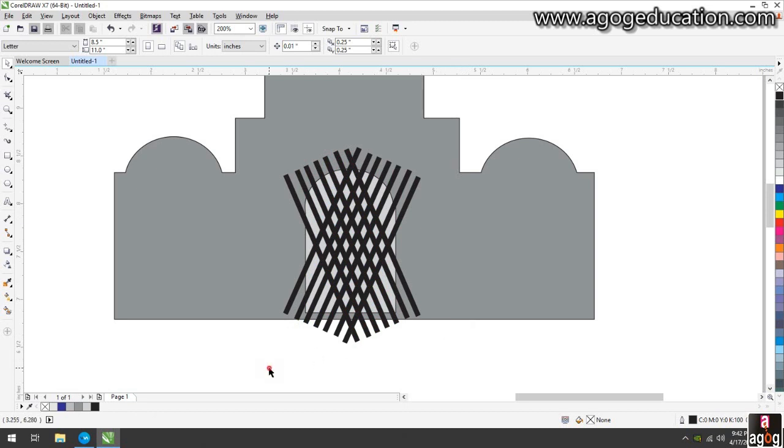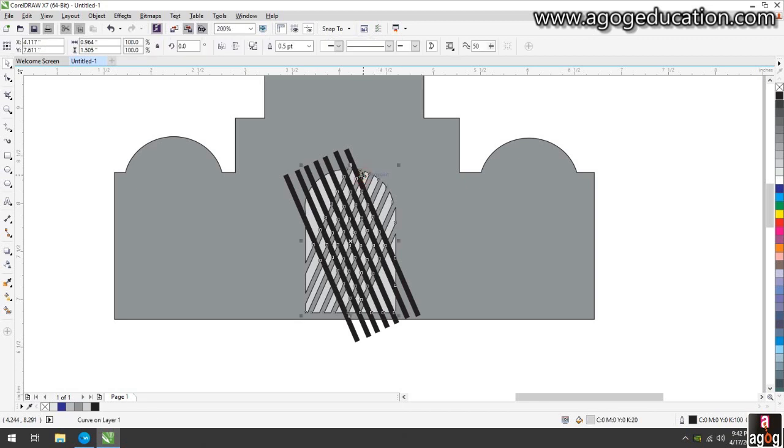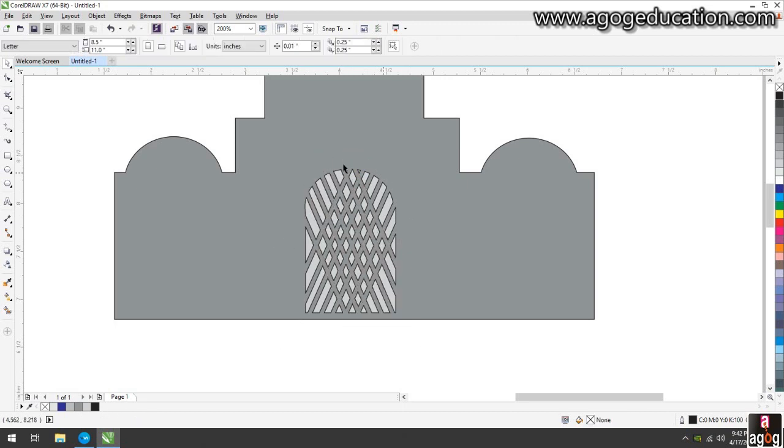Now select all these objects and choose trim. After trim, what will you have? You can see the door is trimmed according to the strips.